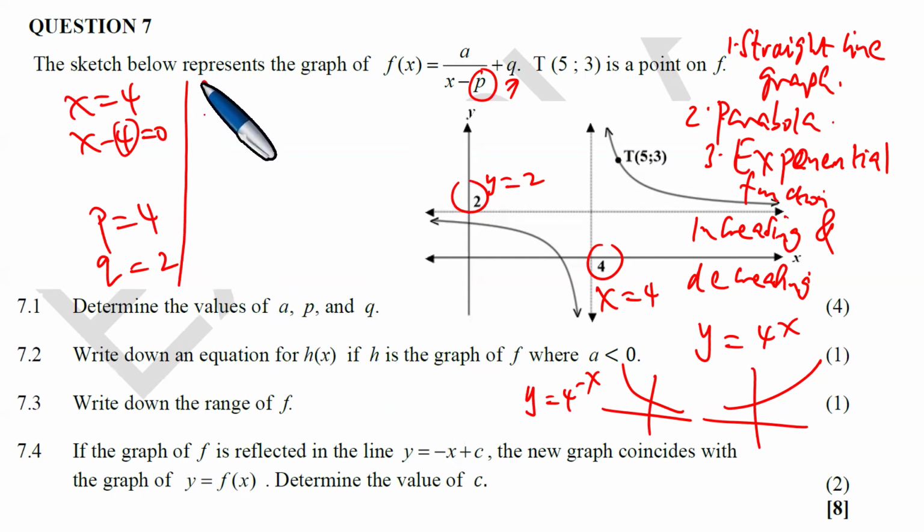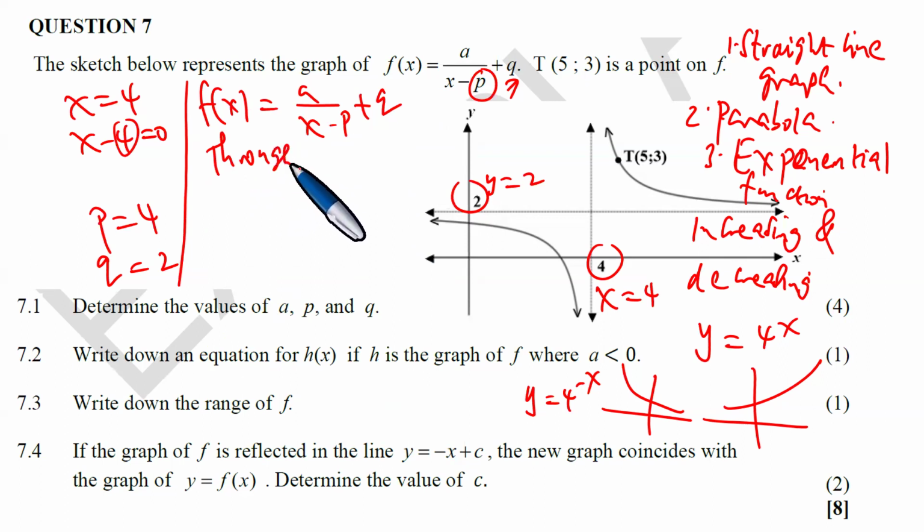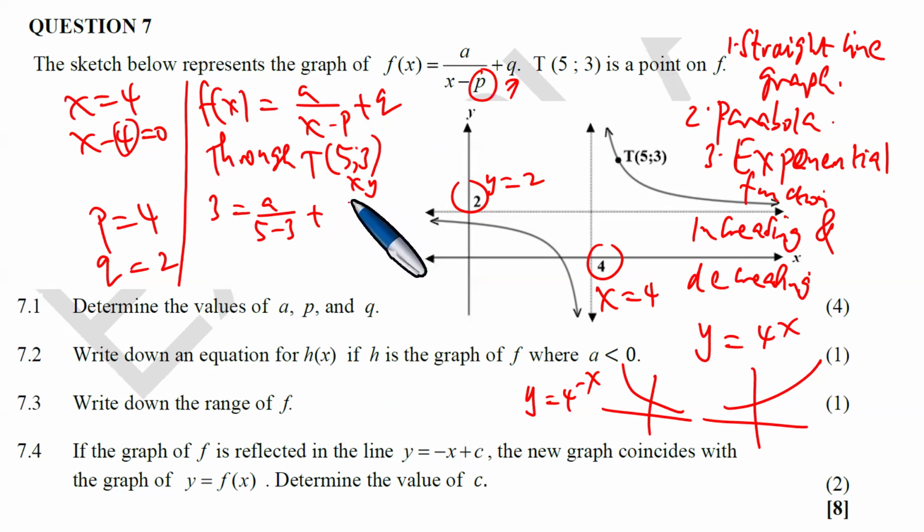We're going to use f of x equals a divided by x minus p, plus q. And this graph passes through T with the coordinates 5 and 3, which is x and y. So y is 3 equals a divided by 5 minus